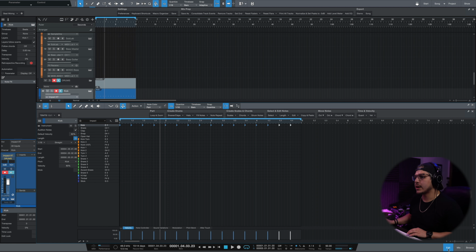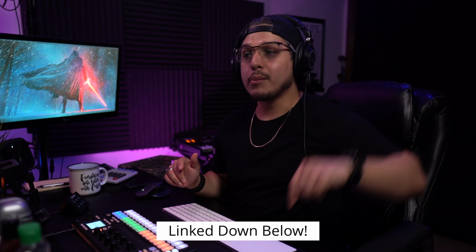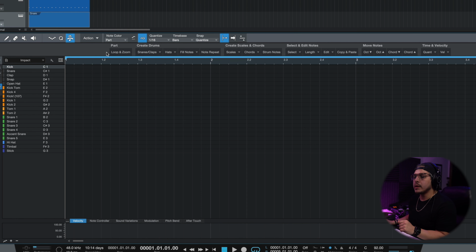Okay, from there, let's move on down to the snare. Now for this, I am going to be using my Beatmaker's toolbar, link down below. But here's a little trick to make sure that your snares in reggaeton are always where they need to be. Again, I am using my Beatmaker's toolbar, but let's go over to snares and claps. I am on impact, and what you wanna do is you wanna place your snare on the 2 and the